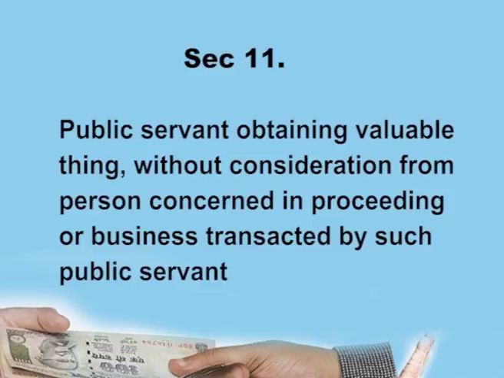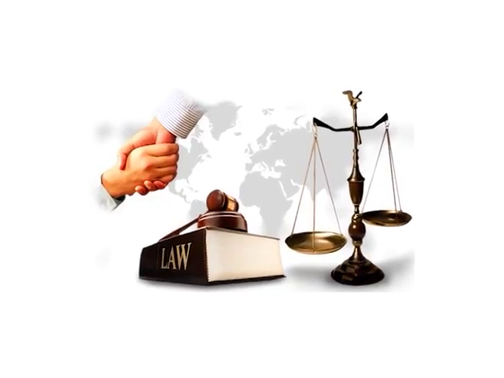Section 11. Public servant obtaining valuable thing without consideration from person concerned in proceeding or business transacted by such public servant. Whoever, being a public servant, accepts or obtains or agrees to accept or attempts to obtain for himself or for any other person any valuable thing without consideration, or for a consideration which he knows to be inadequate, from any person whom he knows to have been or to be likely to be concerned in any proceeding or business